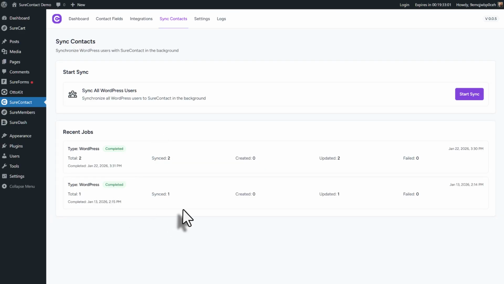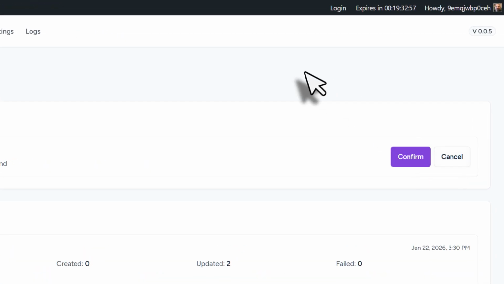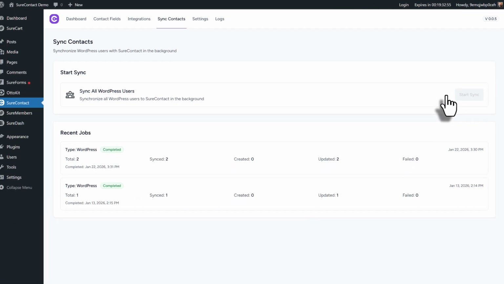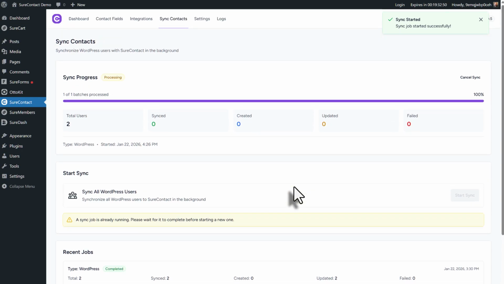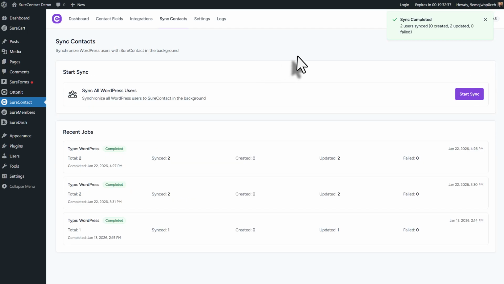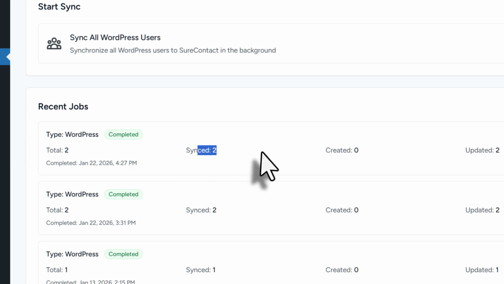Now I've done this a couple of times already, but I'll click it again here. We'll click on Start Sync, and we'll click on Confirm. It's going to run in the background, and it's going to say that there are two users, and it's syncing. And so if there's any changes that have been made to those two users, that will be updated in SureContact. Okay, sync is complete. That just took a couple of seconds. And you'll see here that it's synced the two people that we have in WordPress, and it's synced the data